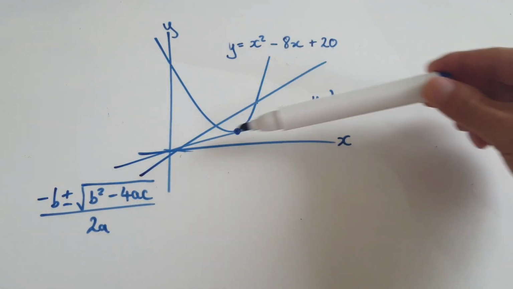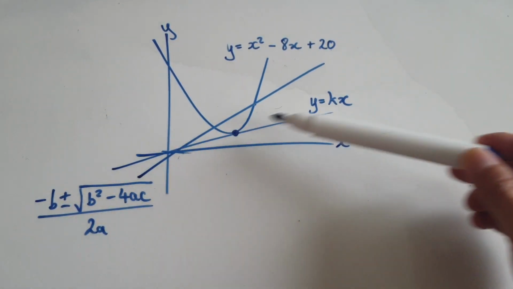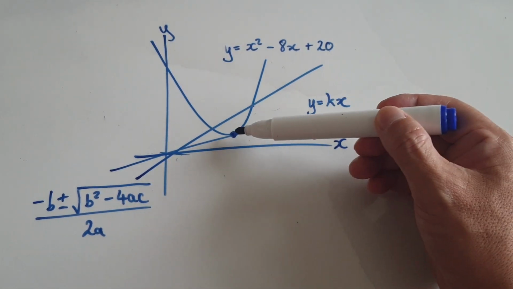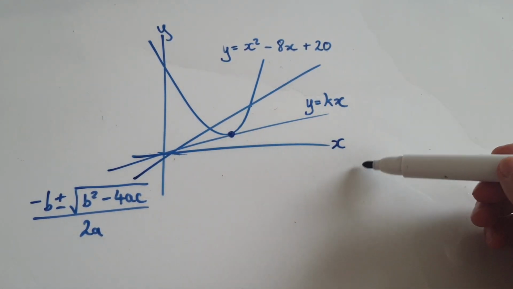Here you've got a quadratic and y equals a straight line. Find a value of k for which there's only one solution. Remember, y equals